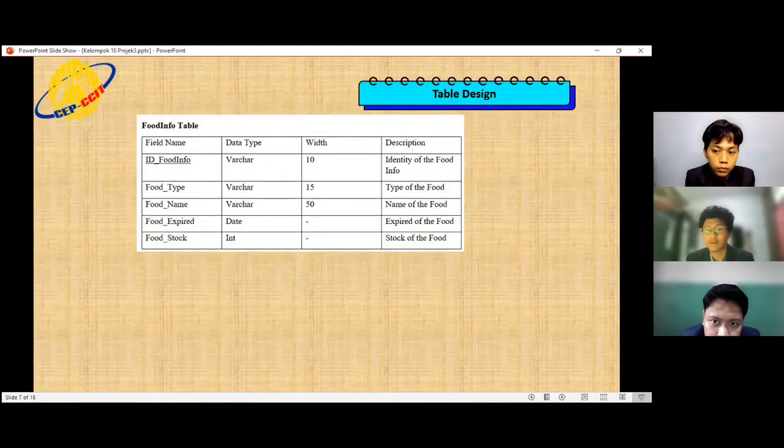Ini udah slide ke berapa? 7 nih, Iman ini, Iman. Oh ya, salah. Udah, lanjut. Man on mic, man. Buset, Man on mic. Agak on mic. Ini bocah ngapa, Cok?